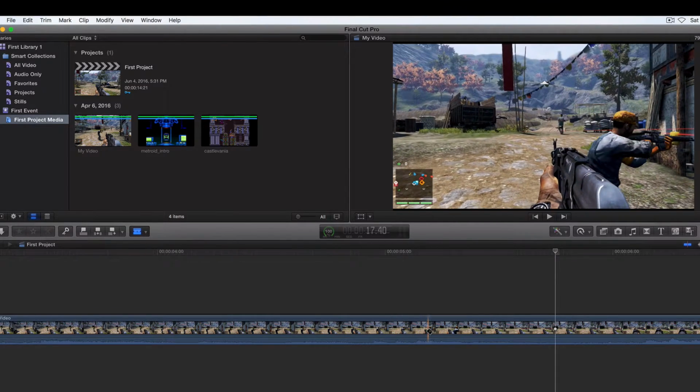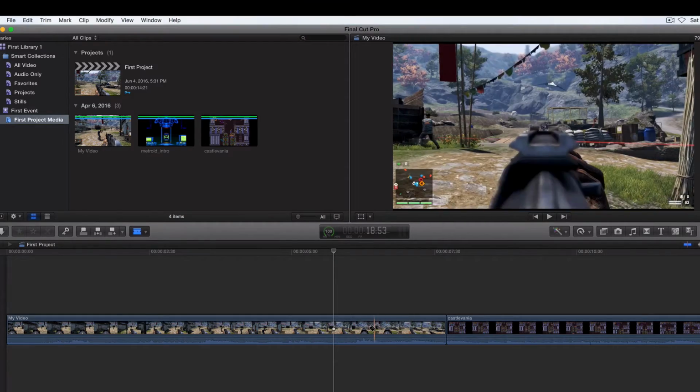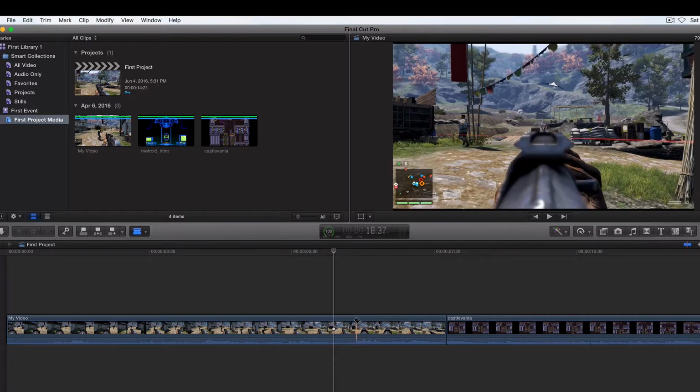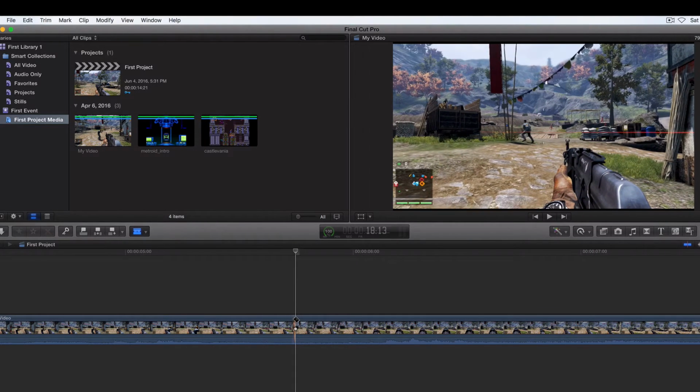Say I wanted to take out this part where I actually die. I'm playing, which game is this? Oh, I didn't even make it that far. Okay, well, I didn't die. Well, let's take out anything. I guess it doesn't matter at this point. So for the sake of the tutorial, I'm going to cut this clip right here, and I'm going to click it